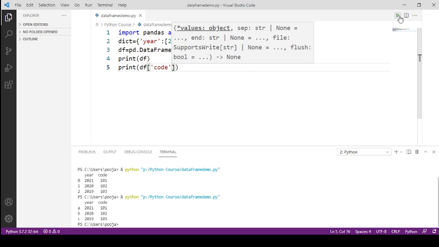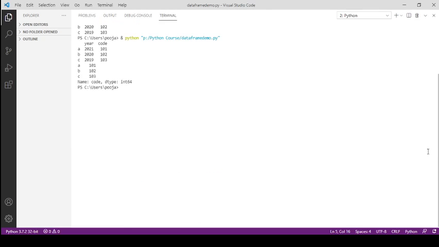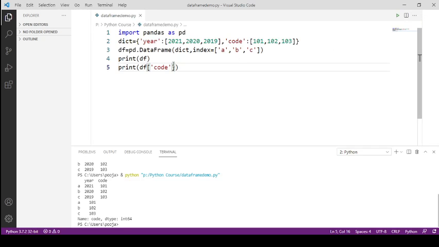So just click on this green button, and then you can see here with code, the values are 101, 102, 103. So this column's values have been printed, right? Using this syntax you can display corresponding column values.